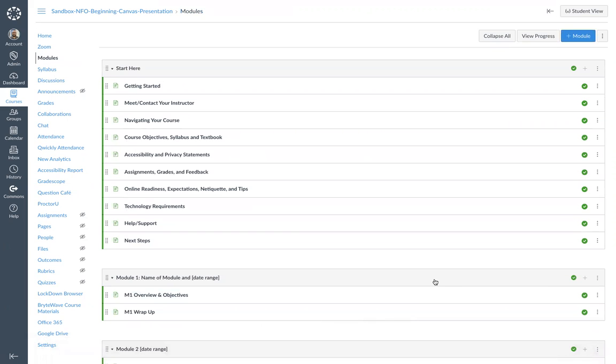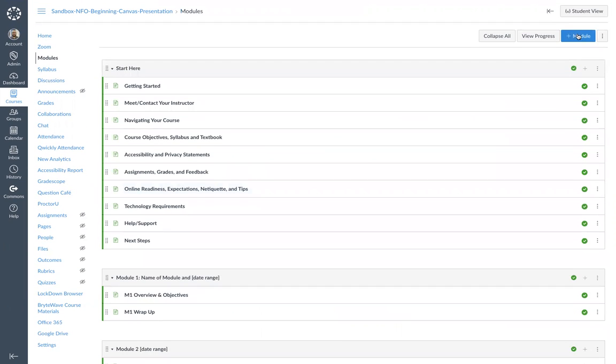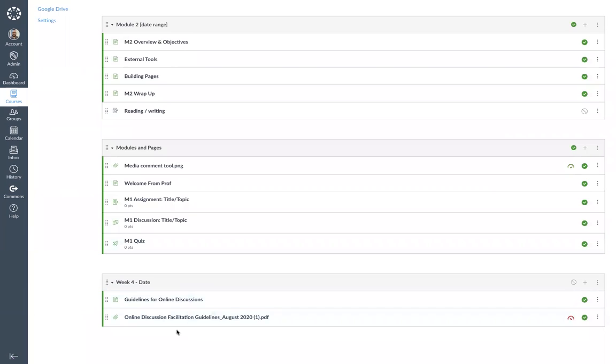And so what we've covered in this quick tutorial is creating a module by using the plus module there, uploading files into your files folder, creating a page into the pages section, and adding both a direct link to the article or a page into the module.